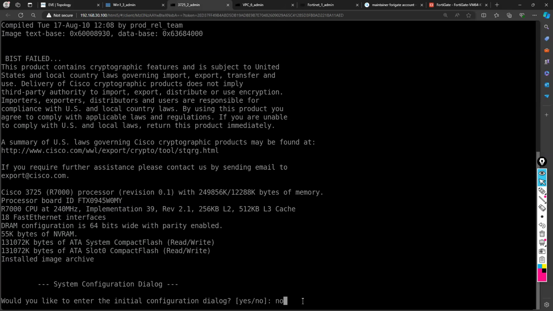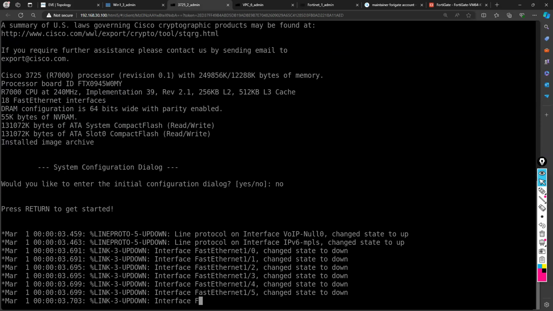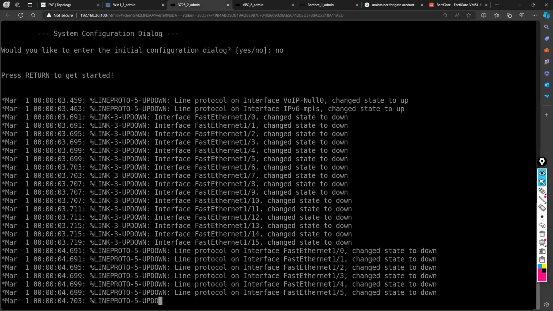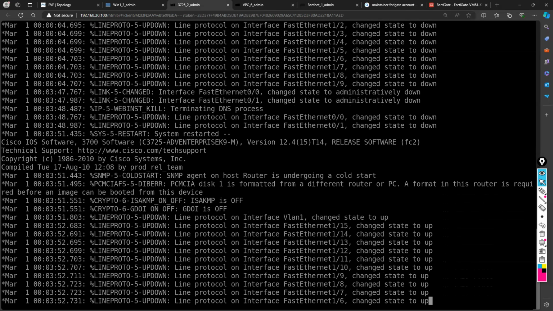You have to start and do the configuration as no, so then only all the interfaces come up. Otherwise, interfaces remain down. I tried everything, but I'm still not sure why it is not working for me. No, now it will work. You see, 3725. Okay. So it will bring all the interfaces up, and now it will work